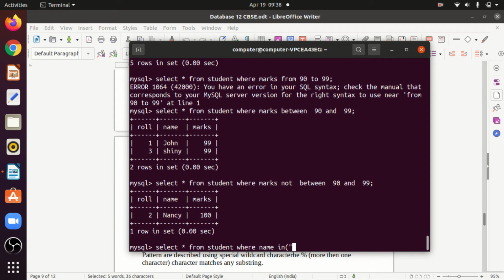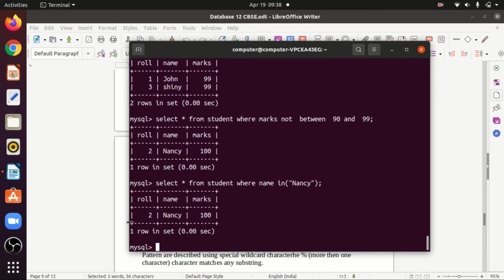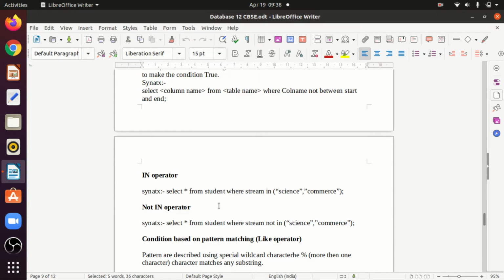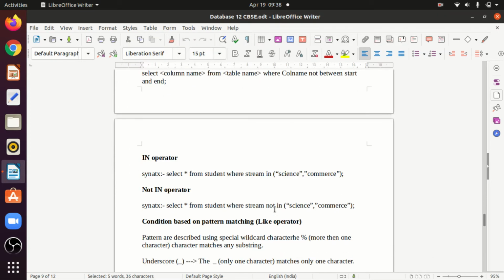Is Nancy available? Yes. So it will print only the detailed record of the one whose name is Nancy. You can select any one of these columns also. So the in operator is used to find out whether that particular detail is present in that particular column or not.